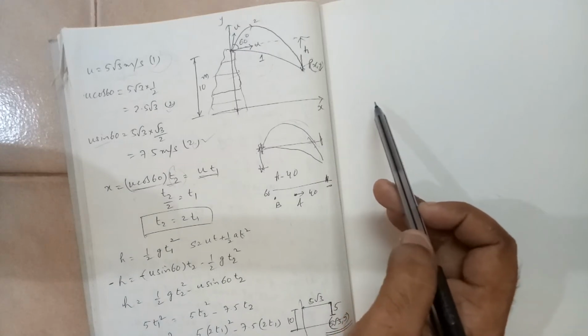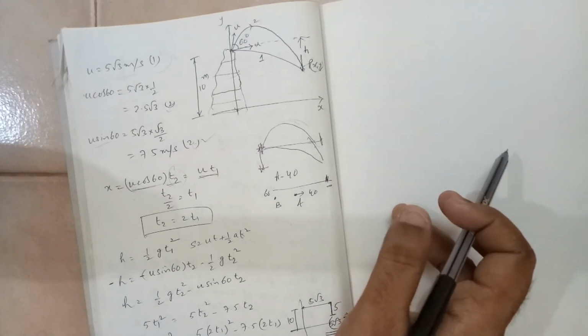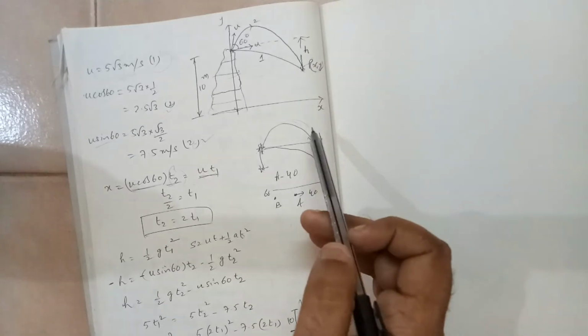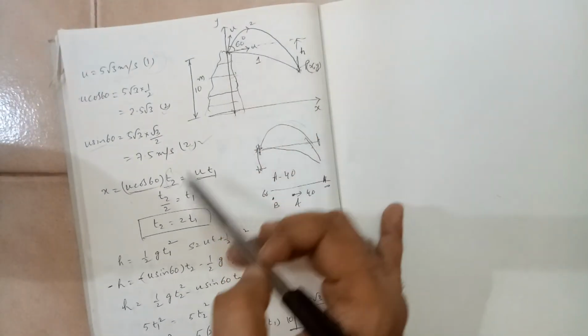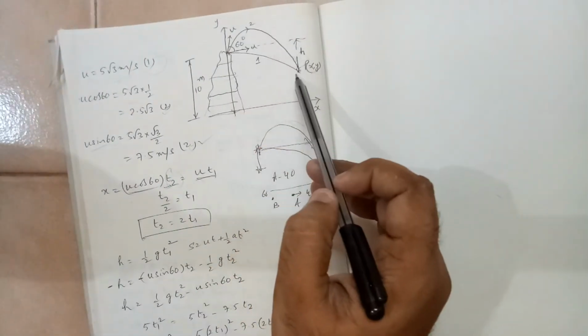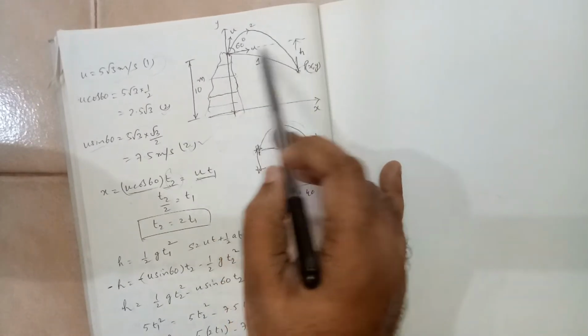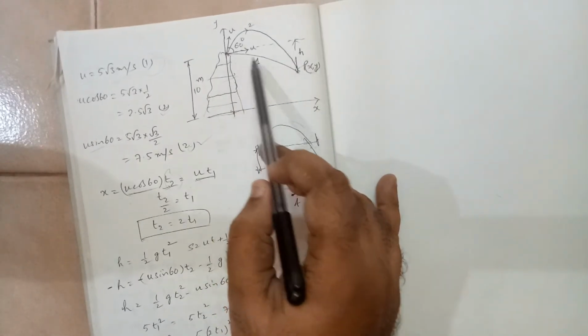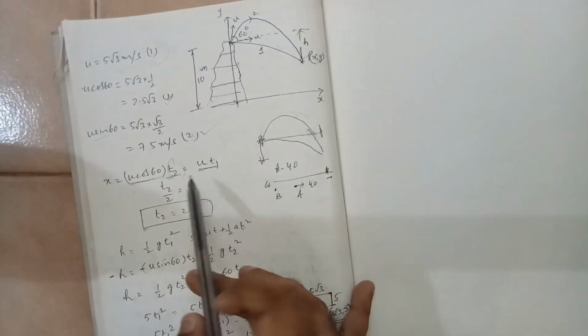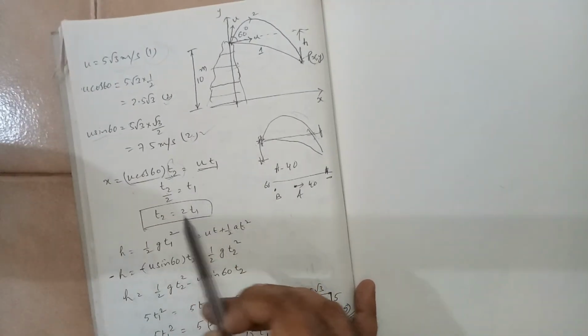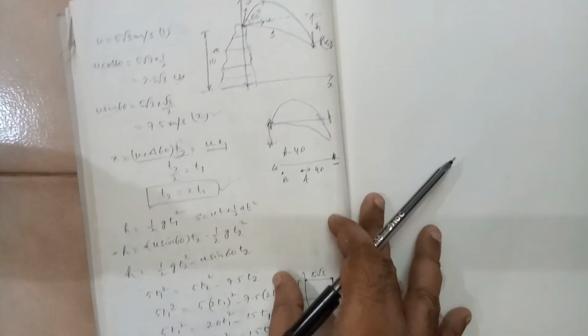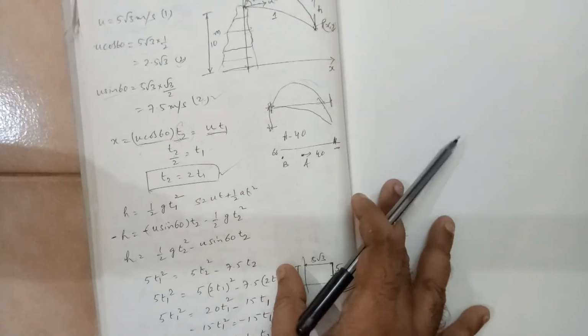These are the times taken by the individual fire shots, you know. So after t2 time, this bullet will reach here, x displacement is this, and after t1 time this will reach. So here you can get a relationship between t2 and t1, which is t2 is equal to 2t1. You need to just solve it.